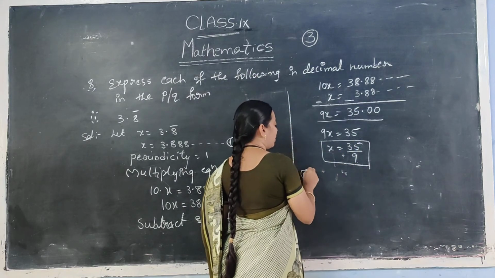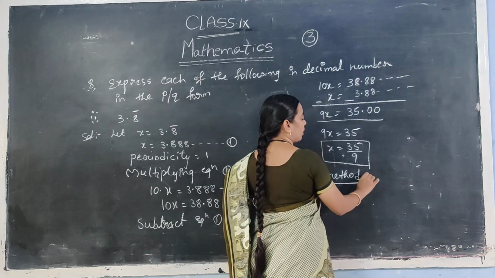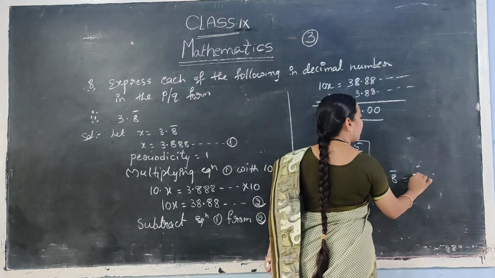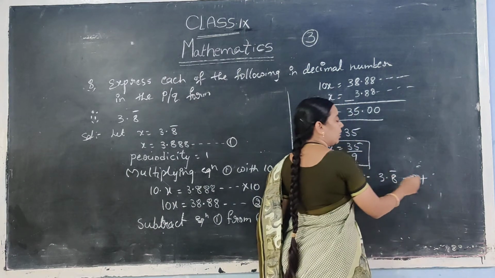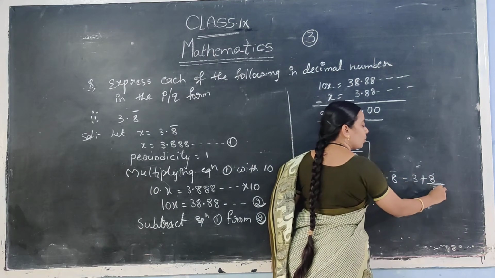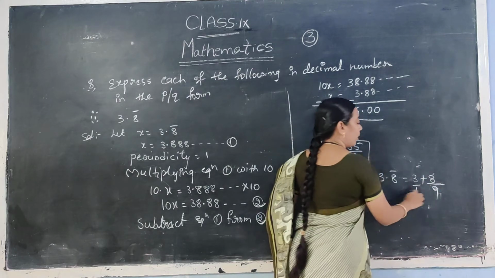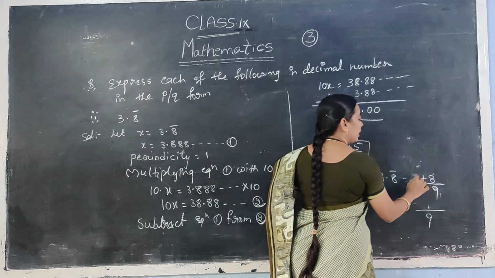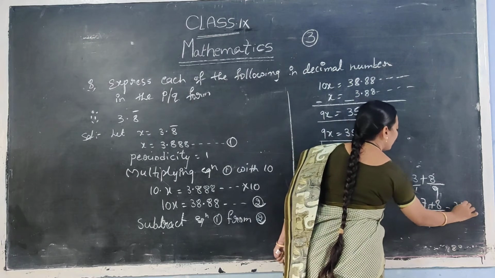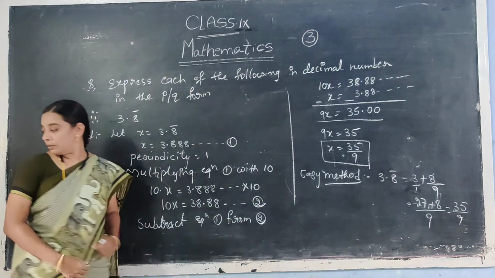Okay, so here also the easy method is what? Easy method. How to solve this? 3.8 bar. 3.8 bar means 3 plus, under the recurring part how many digits? Only one digit. 8 by only one digit. That's why only 9. 8 by 9. Now this is 1. 1 and 9 LCM is 9. 9 3s are 27 and 1 8s are 8. Add both numbers, 35 by 9. That is the answer. Okay, ma? Next.